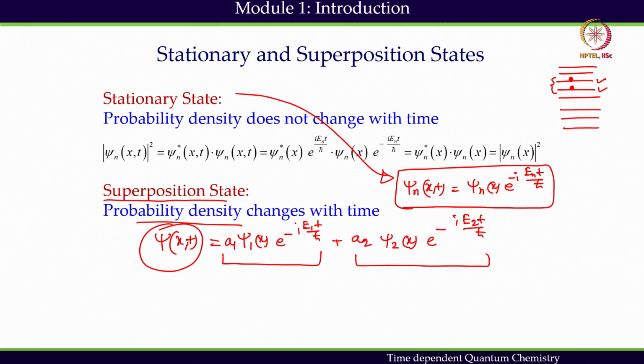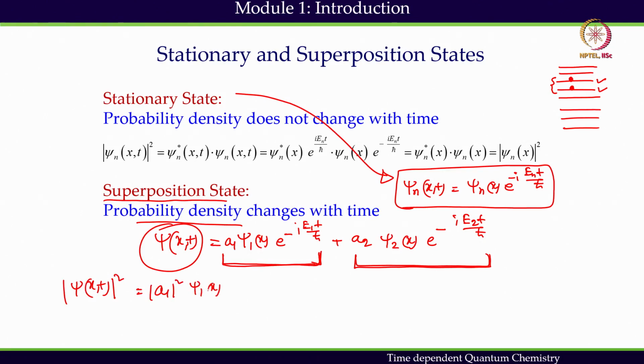We have to create a superposition state to observe temporal change in the particle density, the probability density, and that we can express very easily by taking only two equations, two states. We are linearly combining these two states. If we linearly combine these two states, then what is the probability density we get? We can see very easily that finally I get